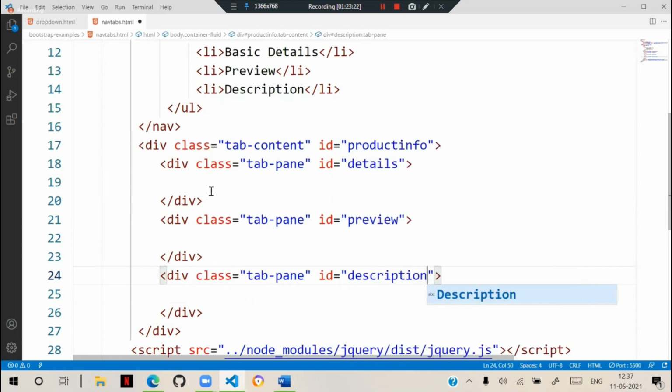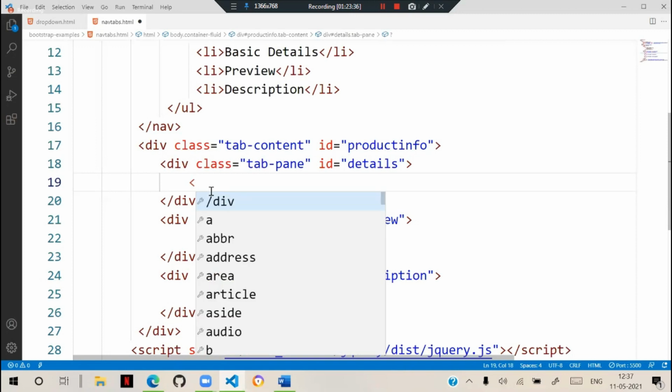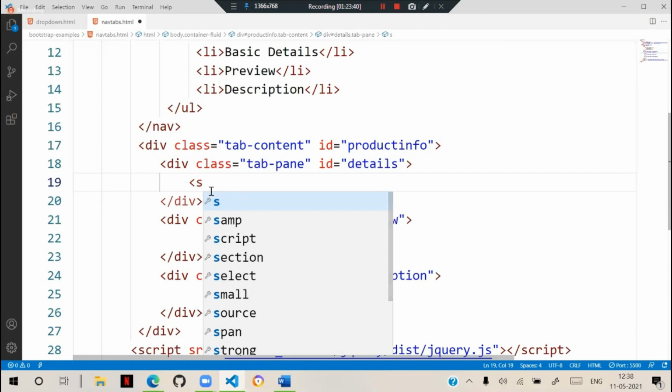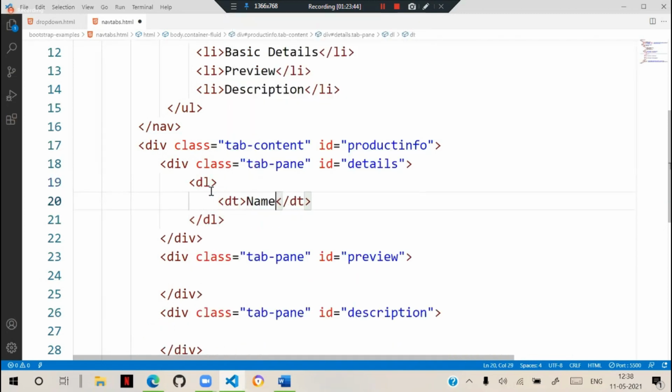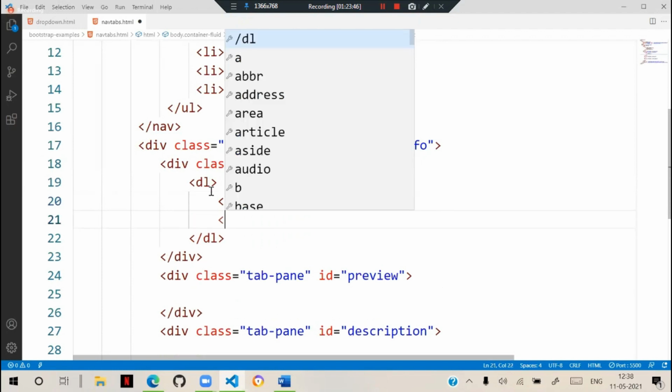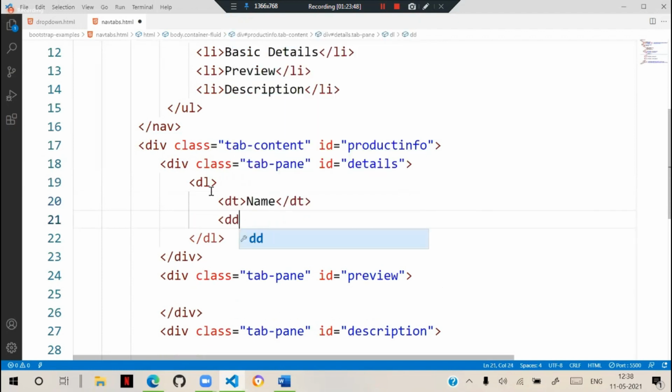Now inside that we can add some information, whatever content you want to display. Suppose I'm designing the information here. In details, we'll put a data list, a data term name and the data definition, some JBL speaker.